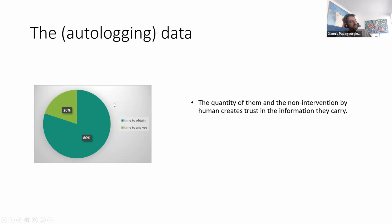I would talk about the data that we use. I think many presentations talk about data. I strongly believe in auto-logging, because we are moving to the Internet of Things, the vision of connected vessels, and the non-intervention of humans creates trust in the information they carry, more than we have the need as we are far away from this, and the quantity of data allows scientific methods, statistical significance, for example,